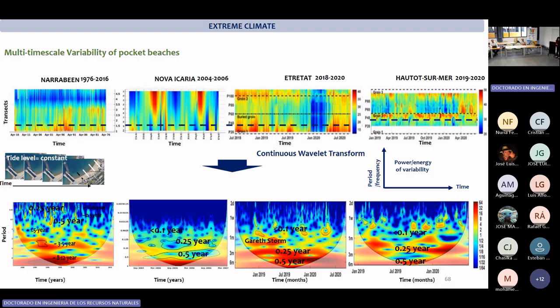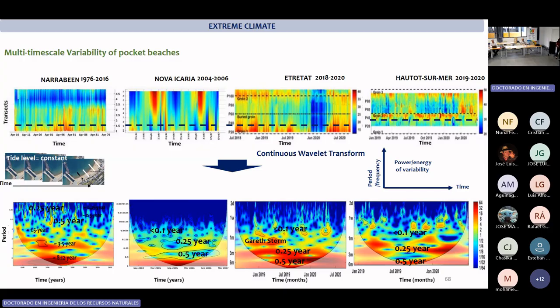So we see we have different frequencies: the erosion, or the variability of the shoreline, is driven by different frequencies or time scales. We have some variability at decadal scales between 8 and 12 years, between 3 and 6 years, annual and seasonal ones. So we have different variabilities when monitored at different time scales, and it's the same for all beaches. But you see we don't have the same frequencies here because we don't have a lot of data. Here we stop at seasonal ones because of the data.